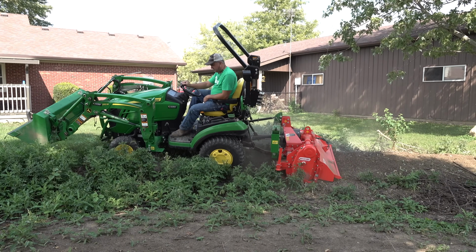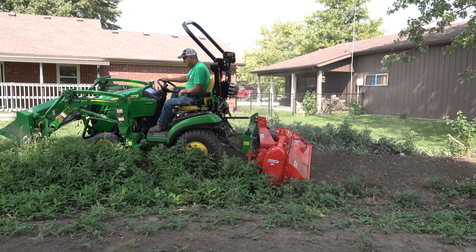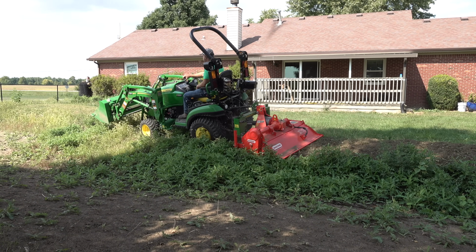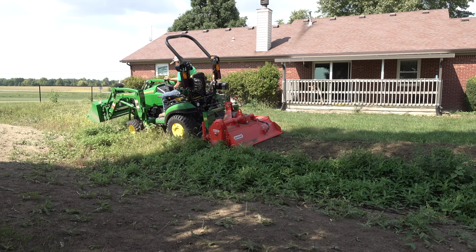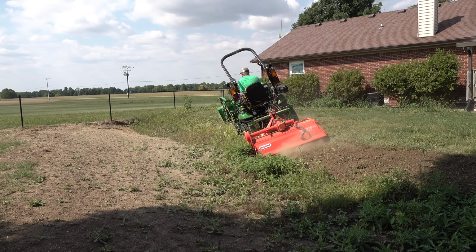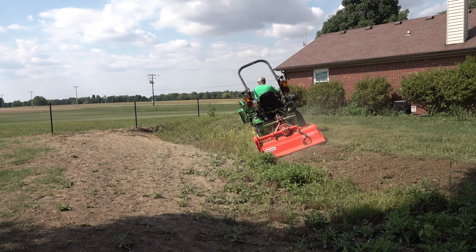I don't want to change the grade of the bottom of the ditch, so throughout this episode you'll be able to see a few weeds right there in the bottom, and I'm trying not to disturb them. This seemed like an easier approach than getting the laser level out and regrading the whole thing just to maintain what we've already got. Our objective is to make this ditch less steep on the sides, make it more navigable